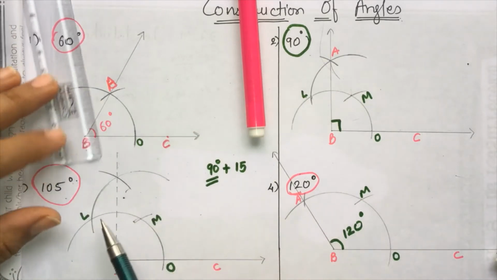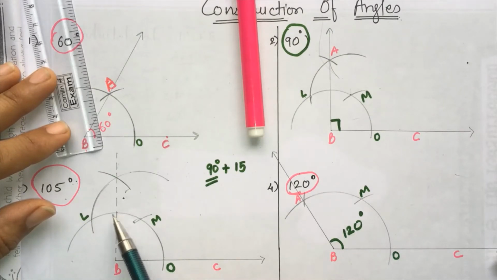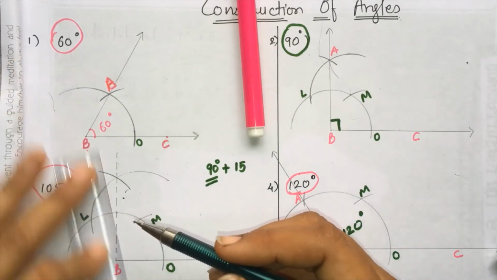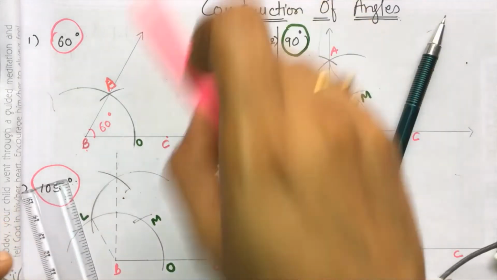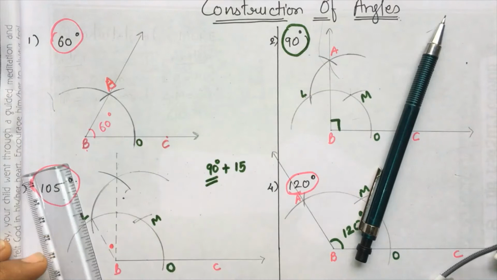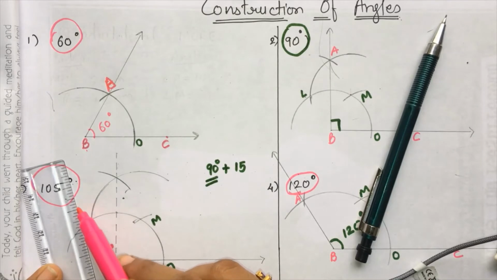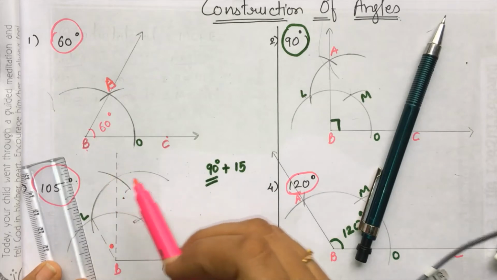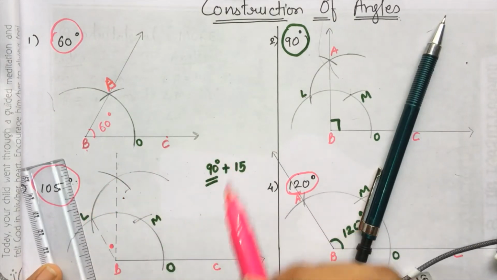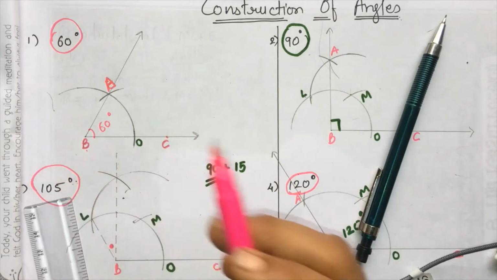105. Now you know that this total over here is 120. So this is 90. So this we are left with, if I am talking about this angle, then this is going to be 30 degree angle, because this is 90 and the whole one is 120. So this will be 30 degree. But what we want is only 105. So we have to add only 15 degree to 90, so that we will be getting 105.